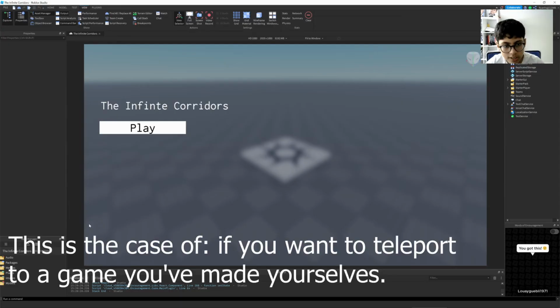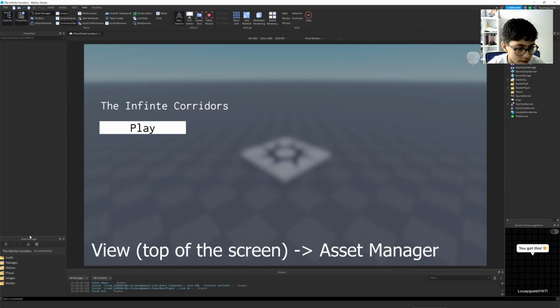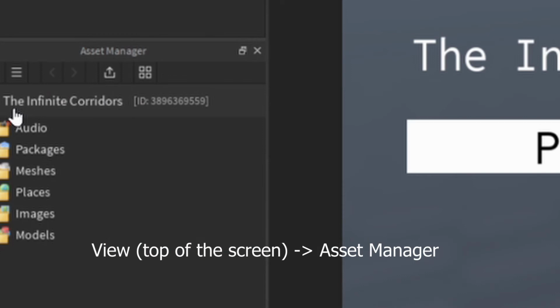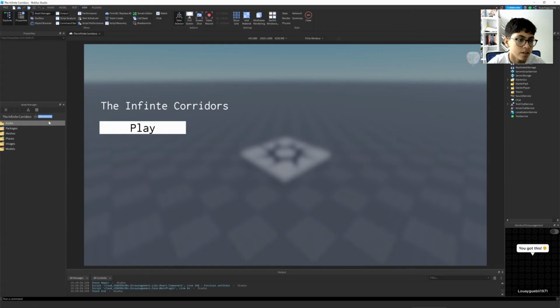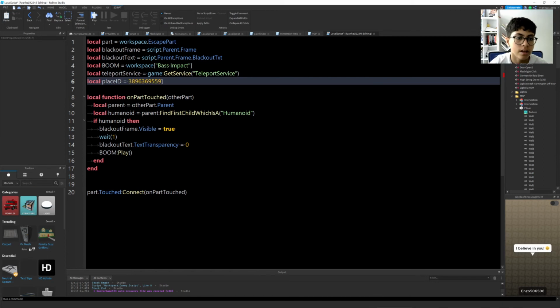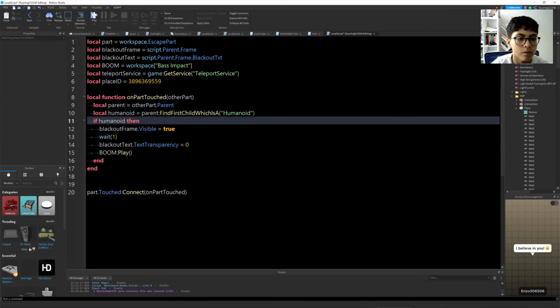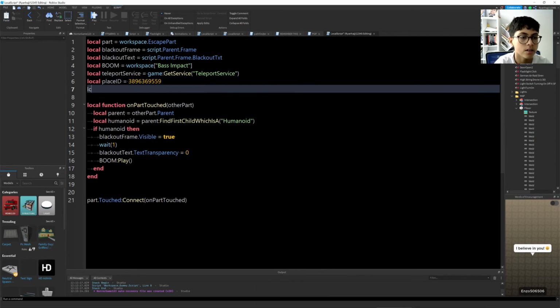Alright, so have a look at this. If you go into the game that we want to teleport to and you go to view, you can click on asset manager and you can go down here, and then you've got the name of the game and then the ID here. Copy that. You can go back to this, and then you can get just like that. Now, carrying on, what we want to do, we make a new variable, local can teleport is equal to true,